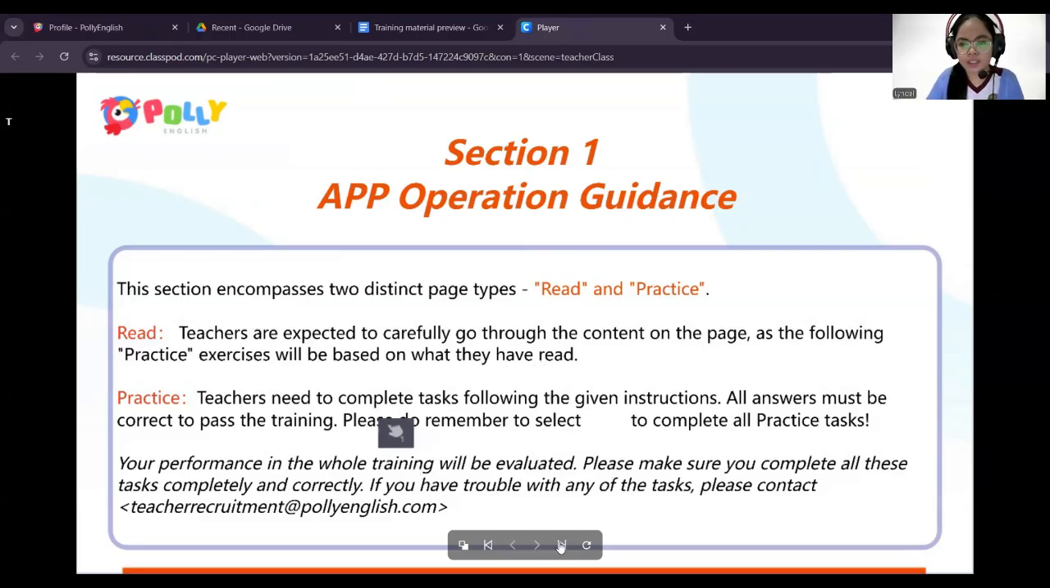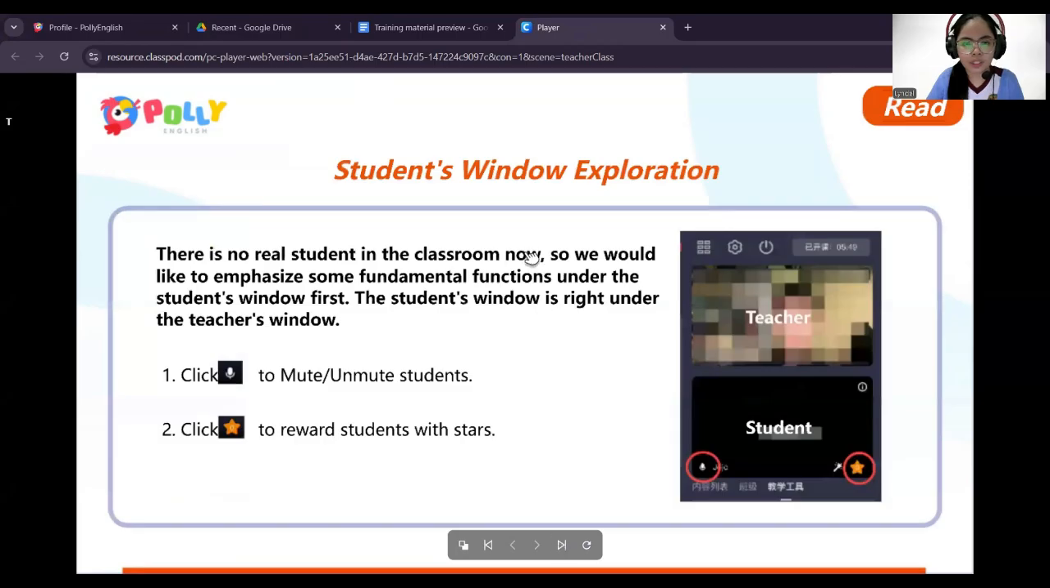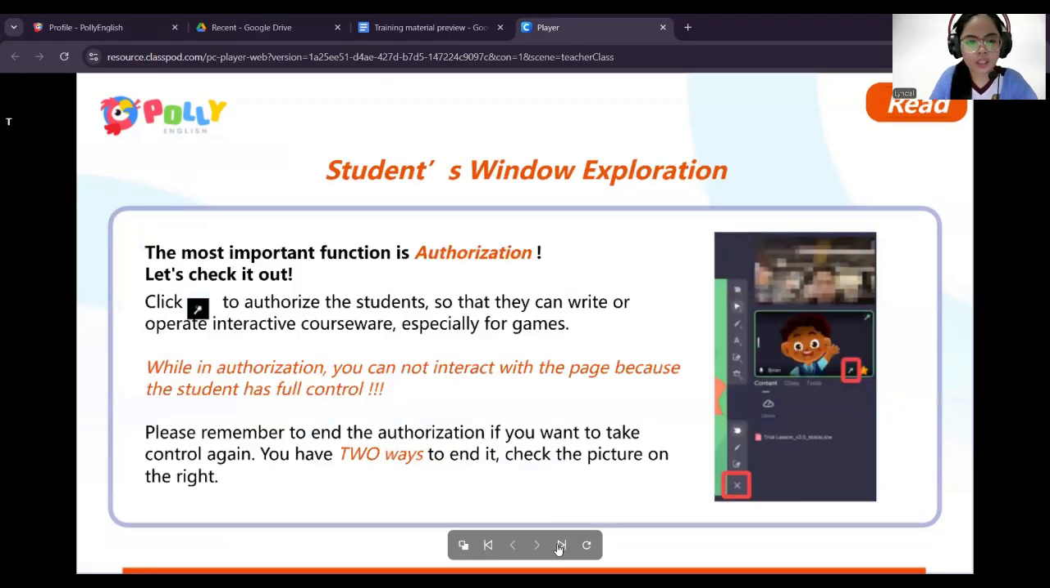Okay, so in the next page, this shows you how you can mute or reward the students. If you want to mute the students, you can click this one. If you want to give rewards, you can click this one. And then in the next page,